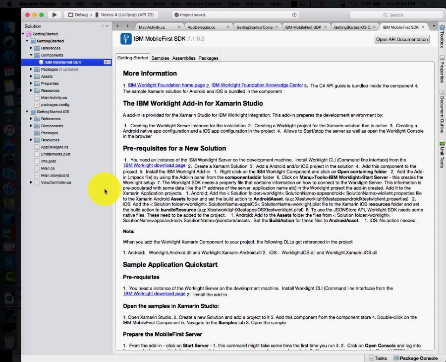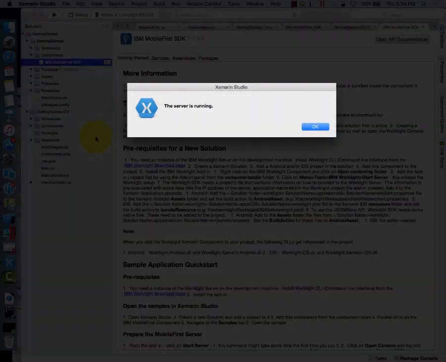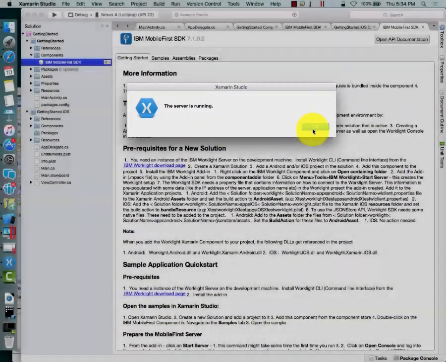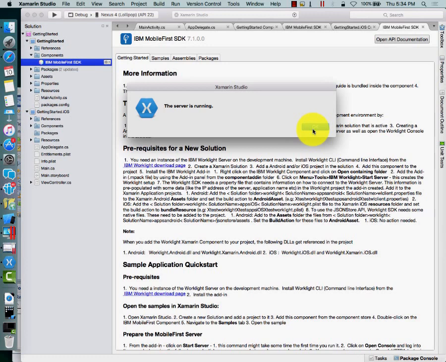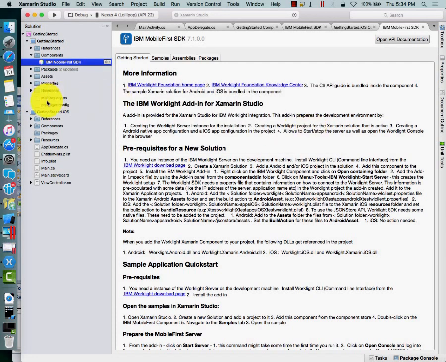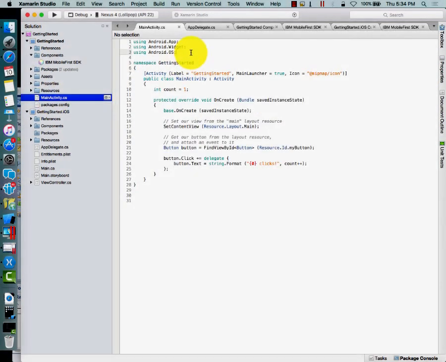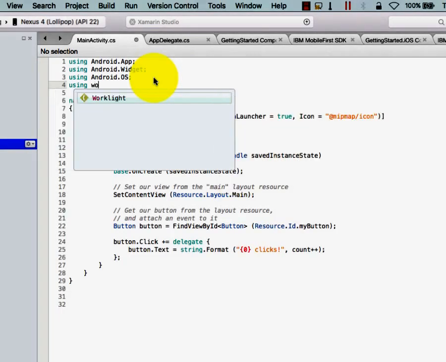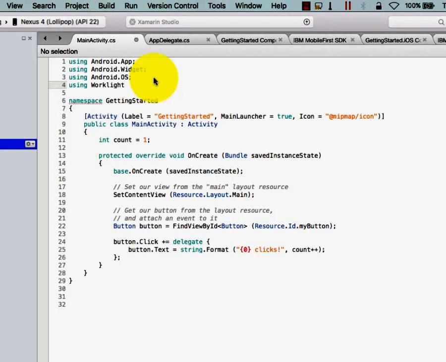Mpac is basically your add-in. And as I have been explaining, in your iOS project, it is all appdelegate.cs, and with your Android it is mainActivity.cs. So the server has started running now. So now you go to mainActivity.cs, go here using Worklight. You should see that,